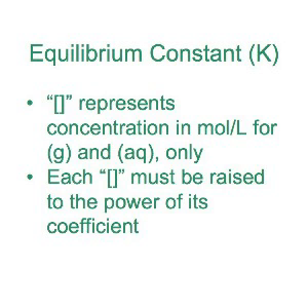Now, if you think about that, if K is less than 1, it means that the number in the numerator is smaller than the number in the denominator. The number in the numerator, recall, is representative of the products. So that again indicates that when we have a K less than 1 or a small K value, we have